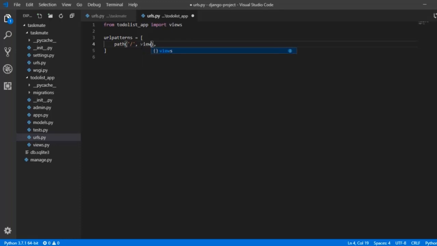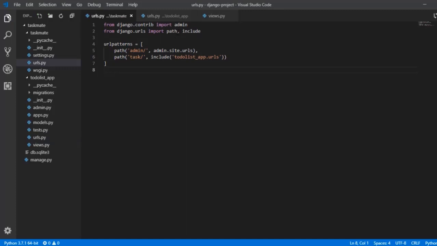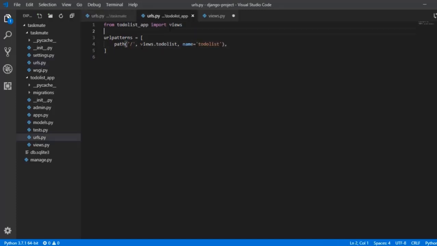All I have to do is views and then give a view name, and I would call it as to-do list. And you have also provided a name for this particular link, and I would call it as to-do list. Make sure your name is into quotation mark. So our URL is domain / task, our view name is to-do list, and our name is to-do list. Okay, this looks fine. Also don't forget to import your Django path.